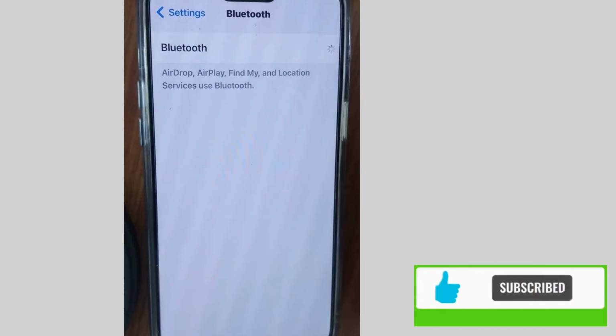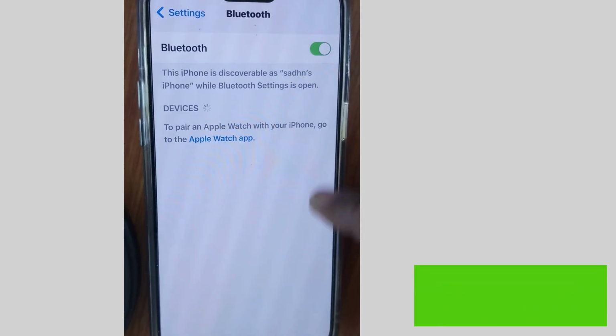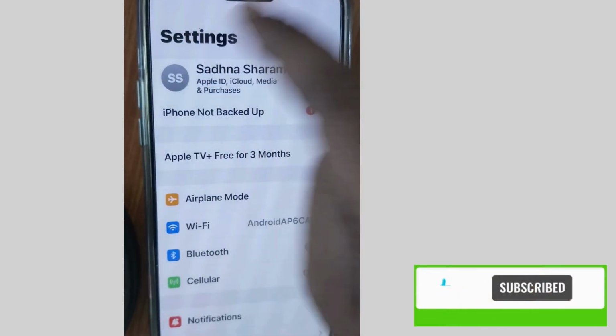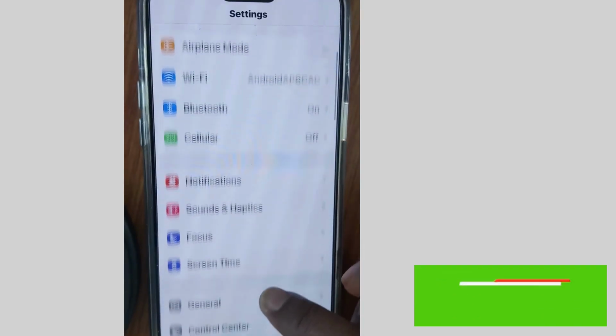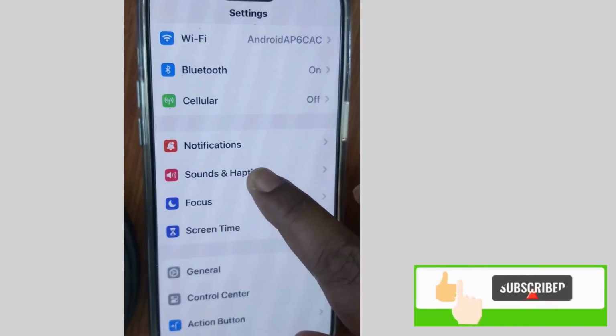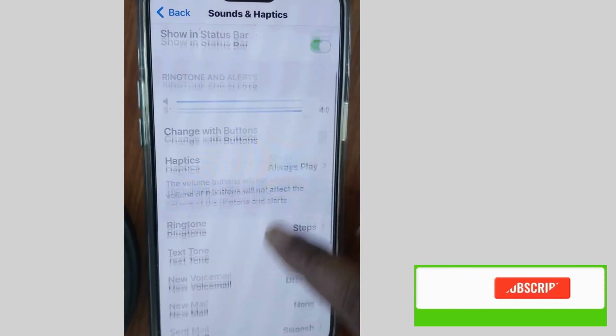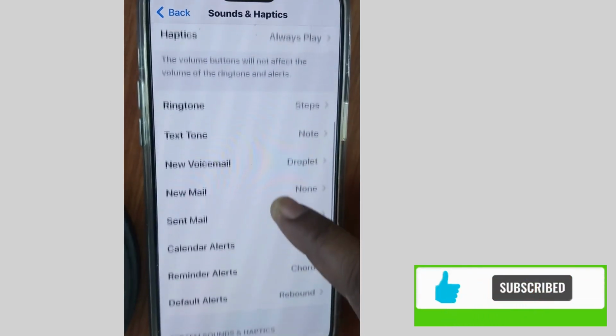Thereafter, turn off Bluetooth and again turn on Bluetooth, and when the Bluetooth audio device is showing here, connect to it. And check whether your Bluetooth device has sound or not. If not, go to Sound and Haptic settings and scroll down